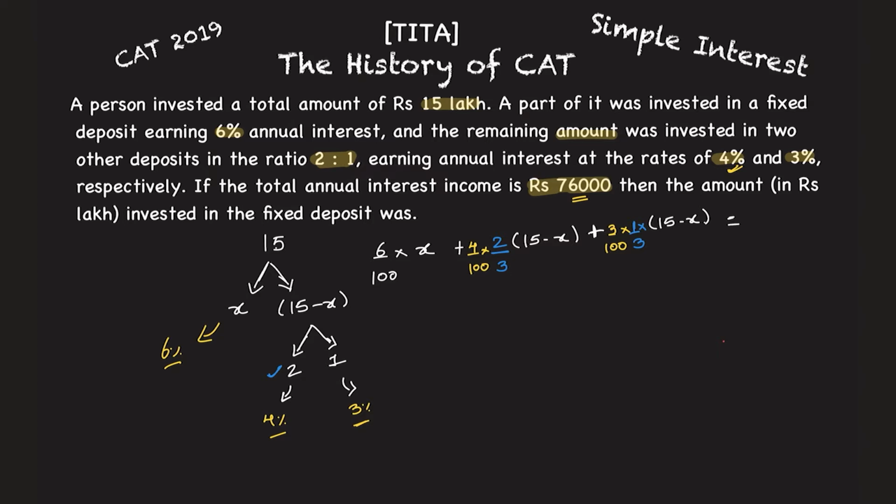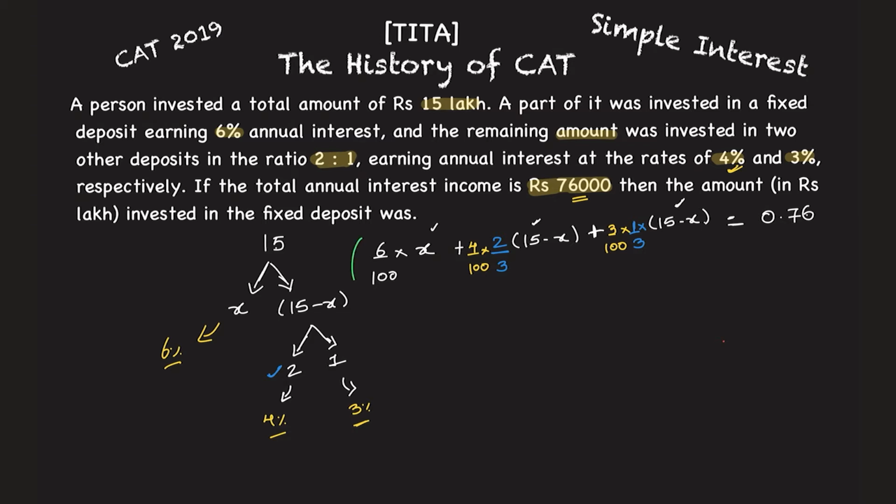Now mind you, you write this 15 as lakhs. This X is again in lakhs. This is again in lakhs. But this is in thousands. So I'll write it as 0.76 because I want to compare the numbers. If this is in lakhs, this also has to be in lakhs. So I write 76,000 as 0.76 lakh because I want to compare the numbers correctly. Now how do you go ahead with the calculation? Now there is only one variable X. If you go with the calculation correctly, you should get the value of this. So what will I say? Multiplying the entire thing by 100.